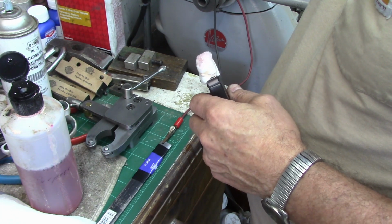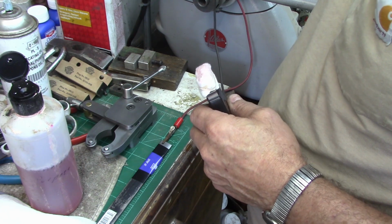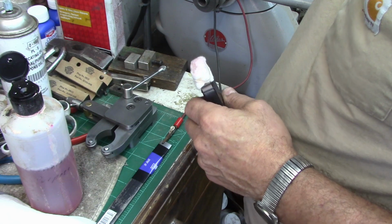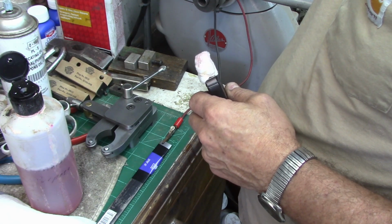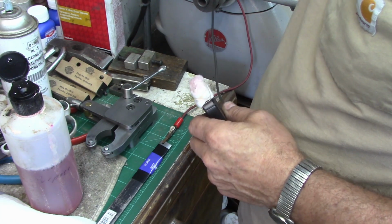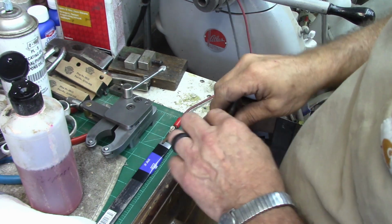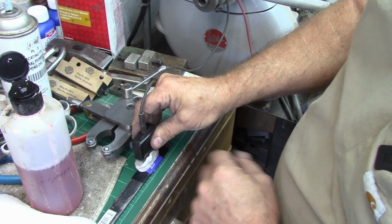this is an Electromark marking system. I've had it for years. I've told the story about it before. Bought it used, had to send it back, have it reworked, and now I've got a really good machine here that's lasted me for years and years, and I intend for it to last me the rest of my life. Now, I set this on DC etch, which is going to be a deeper etch, and I've got a foot pedal here off camera. But what we do is we just put our pad on there like that,